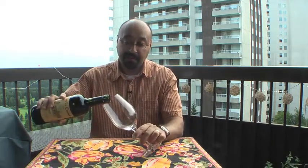And today, all the wines of Cahors have to be at least 70% Malbec. This particular wine is a blend of 80% Malbec and 20% Merlot. And when we pour this in the glass,